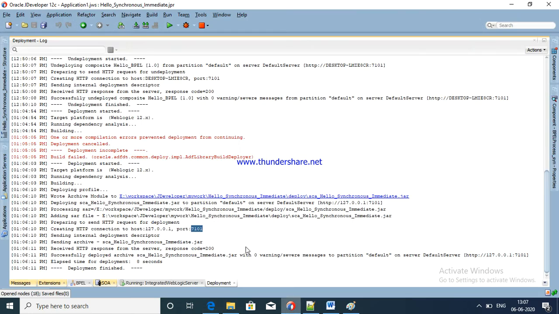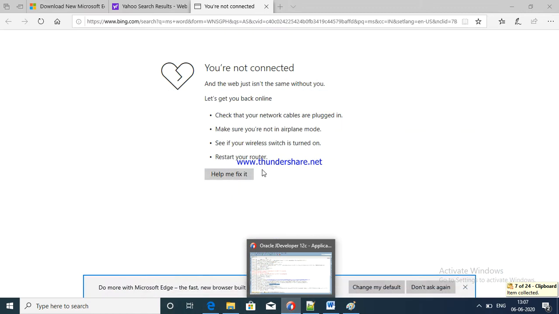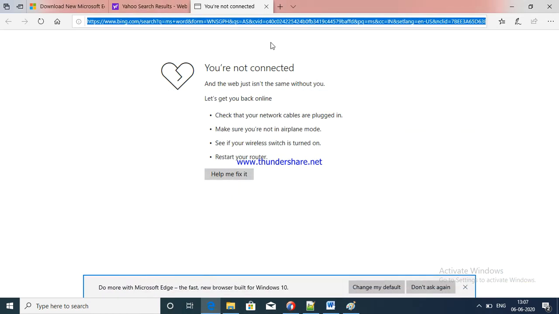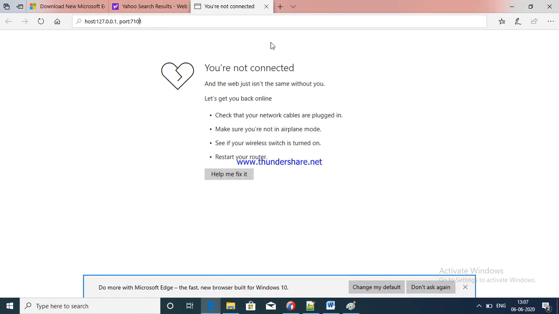Just I am going to copy my host and port. Copy. Just I am going to paste. After that I am going to edit. This is my host and port.